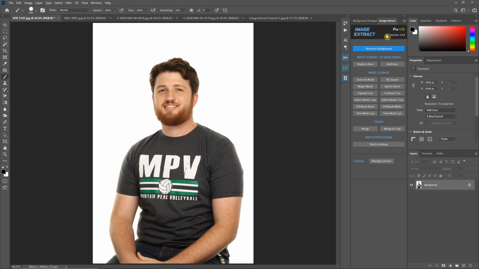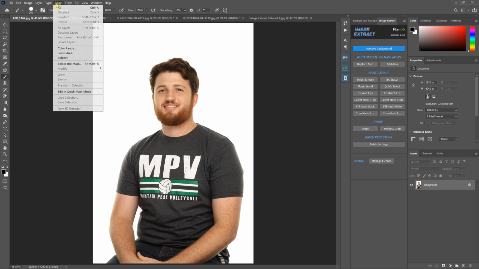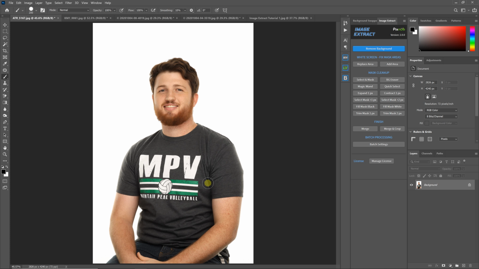Now with this panel it does require CC 2020 version 21.2 or higher, and that is because it uses the new updated select subject algorithm, and this select subject was updated in version 21.2 of Photoshop. So because it is so much better than the older select subject, I made it so this panel requires that